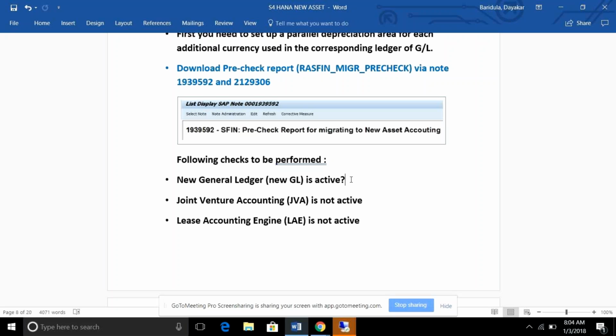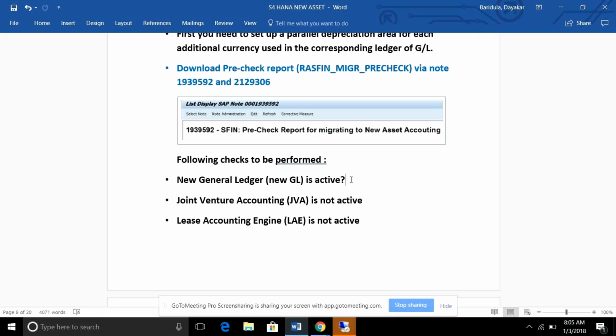Okay. In case the people want it, first they need to take it as a separate project for the new GL, and they need to implement that under the separate project. Then they can go for it. And if somebody wants only parallel ledger functionalities and segment reporting and all, and they don't want the new GL functionalities or document splitting functionalities, that is also possible. If they want to implement document splitting as well, that is also possible.